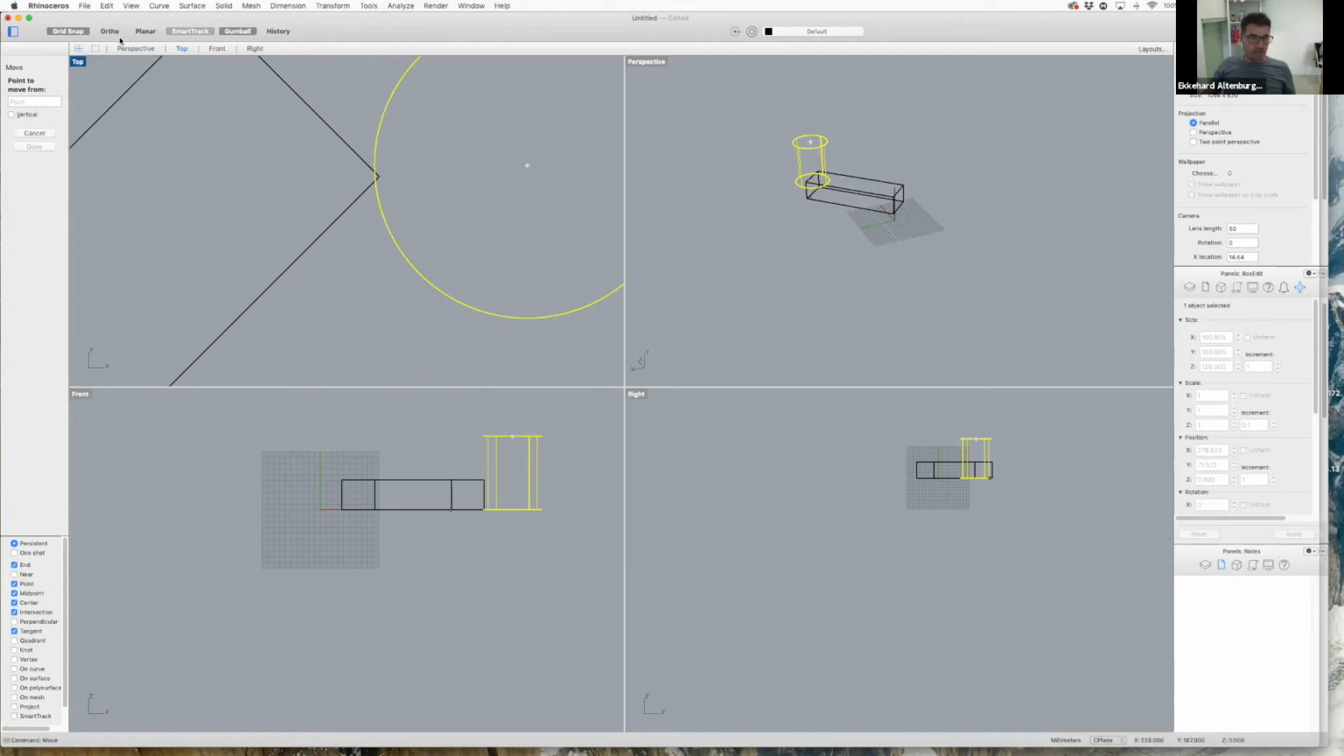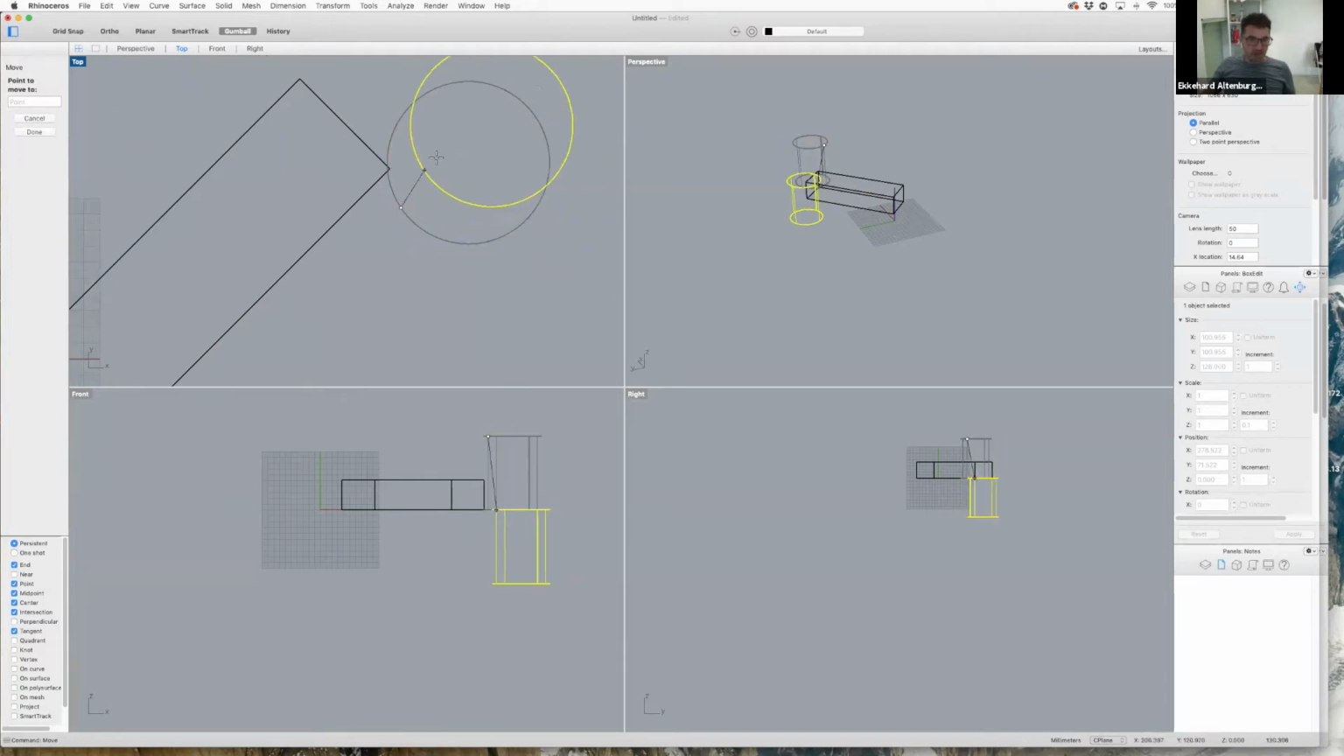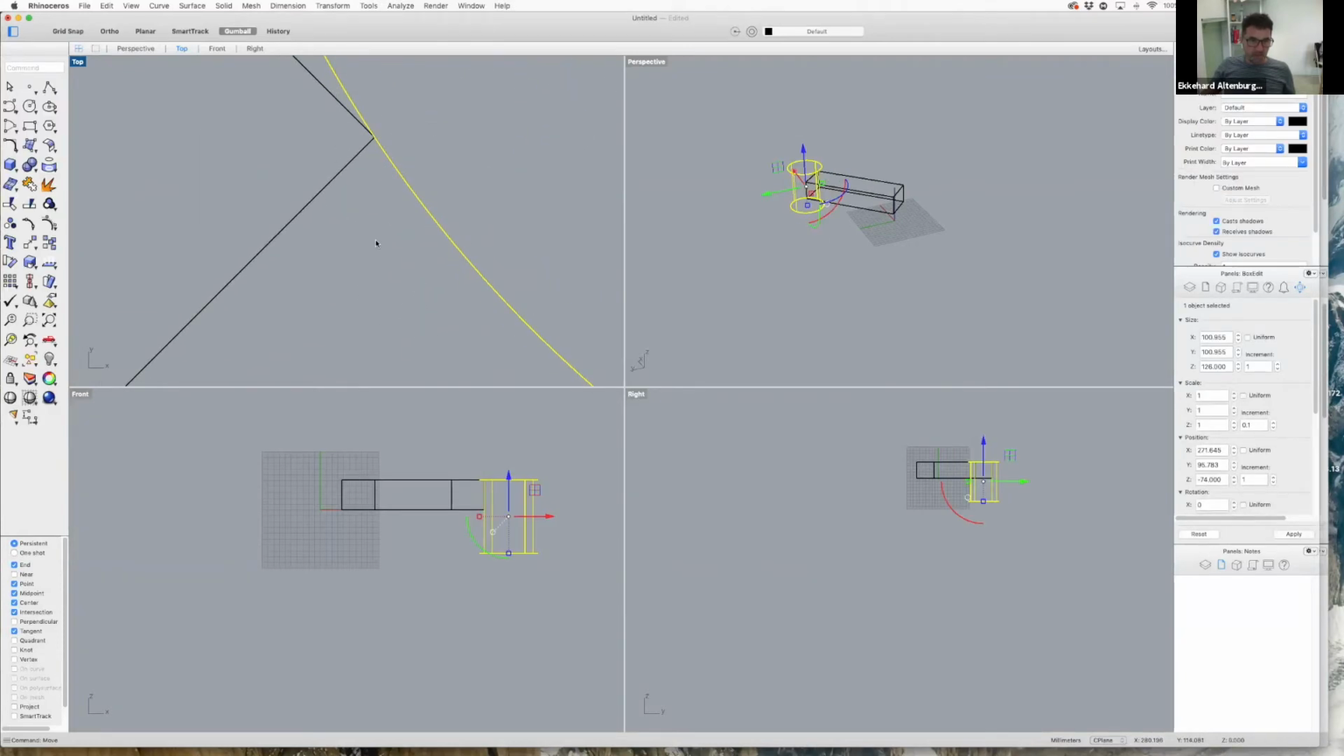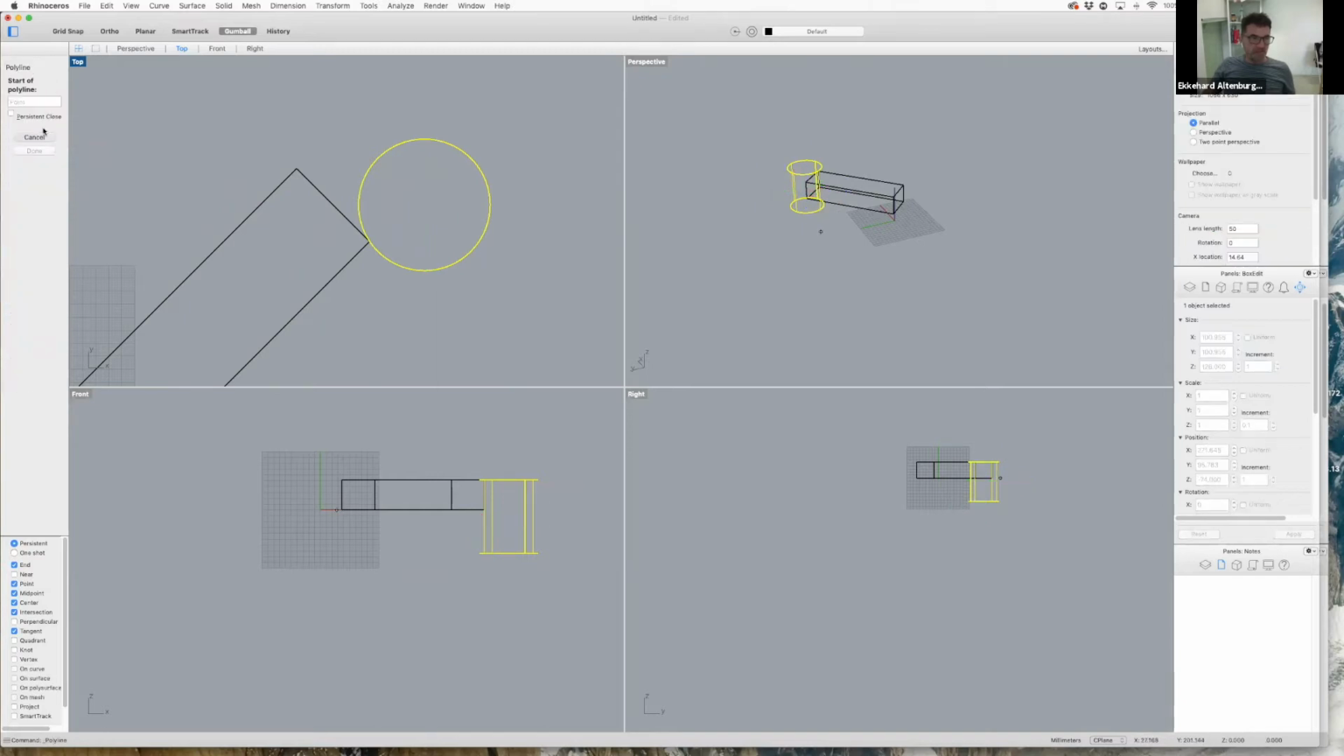Let's say I want to move it from... hold on. I want to move it from there exactly to that point. Yeah. So this is how you move objects or curves or lines. You know, if you have just a line,